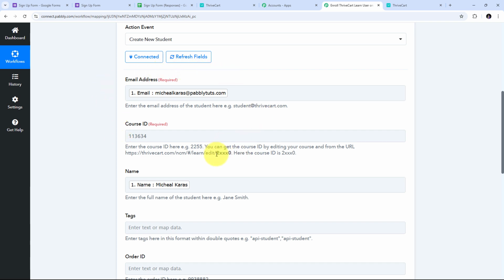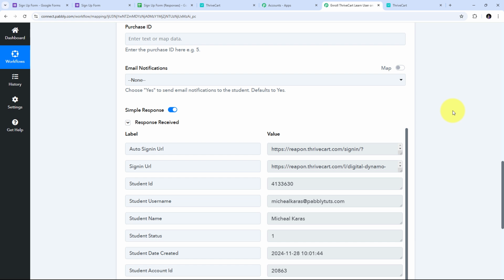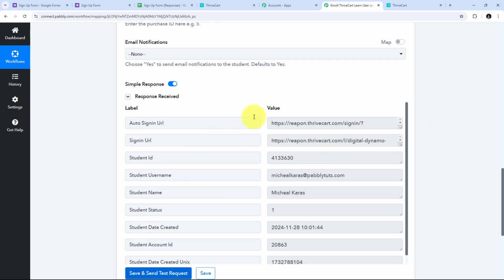Now that I have added all these details, I'm going to scroll down and click on the Save and Send Test Request button. And here we can see I have received this response. So this is a positive response, and this means that I have enrolled a new student in my ThriveCart Learn course, and I have used all the details of my form submission for enrolling a new student. So to check whether I have enrolled a new student or not, let me take you to